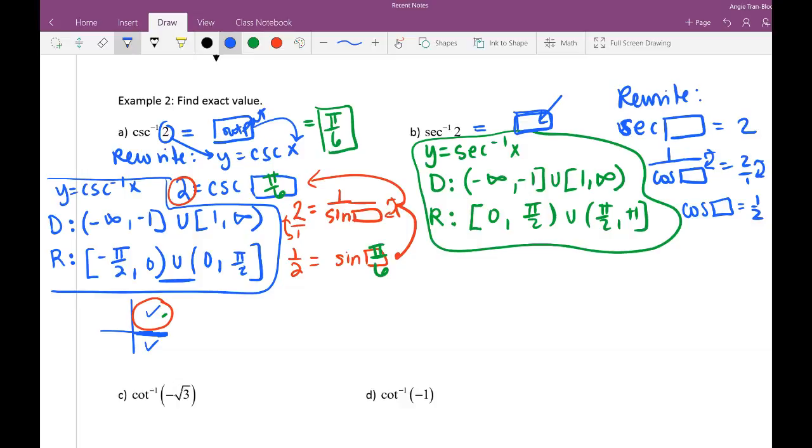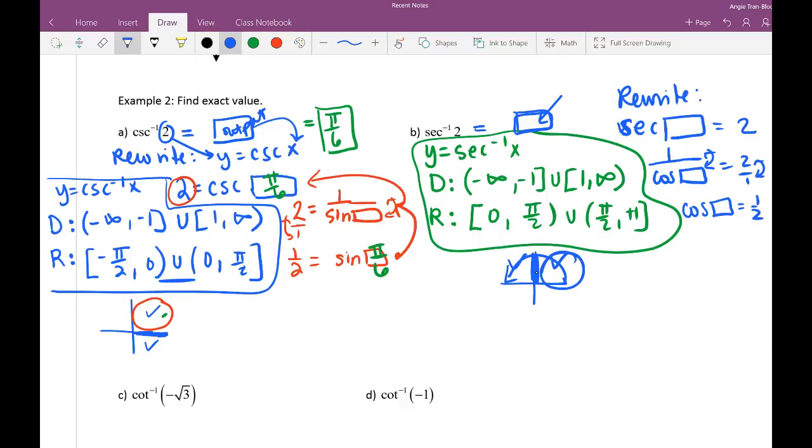Because it is a positive number, I hope that we can see, because secant inverse is going to be from quad 1 to quad 2, not including this piece right here, pi over 2. So it's 1 or 2, not including pi over 2. Because it's positive, the answer for this one has to come from quad 1. So